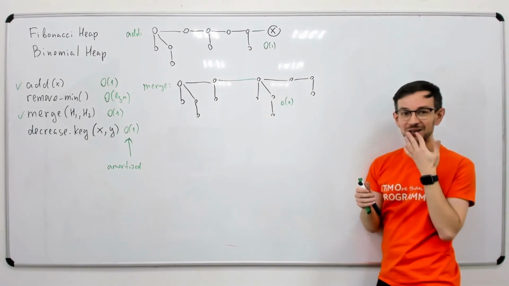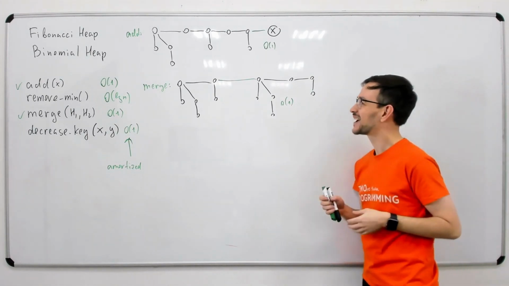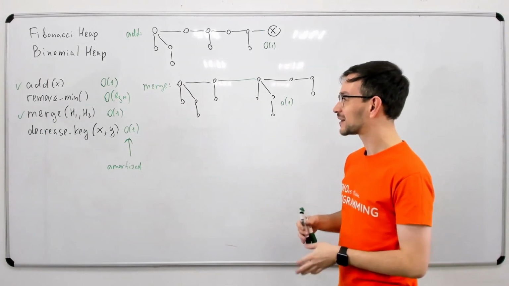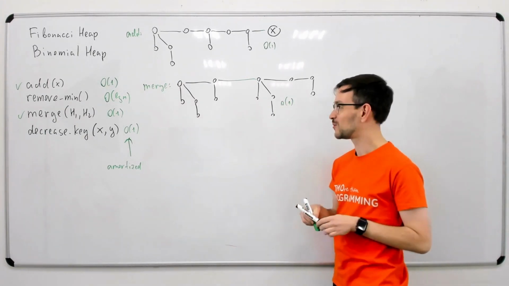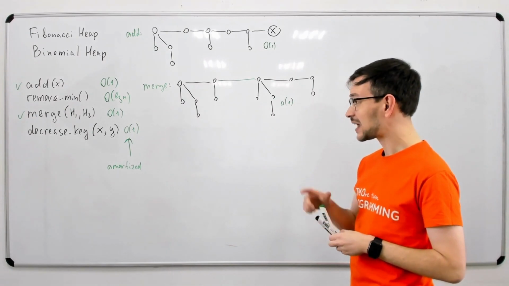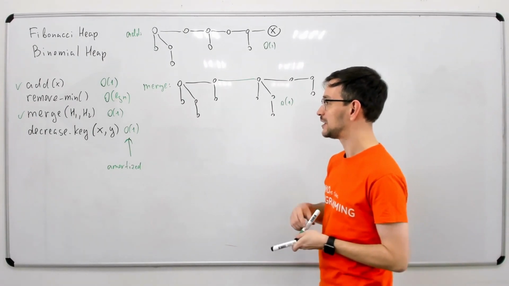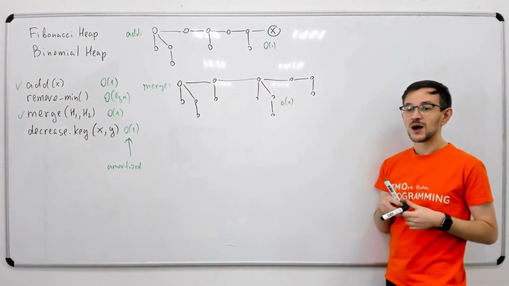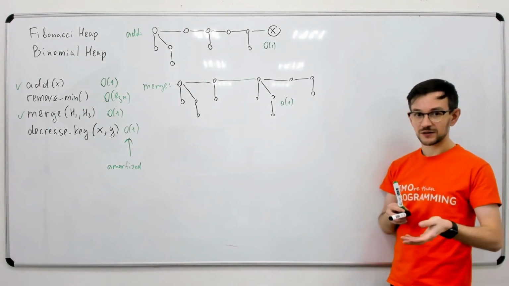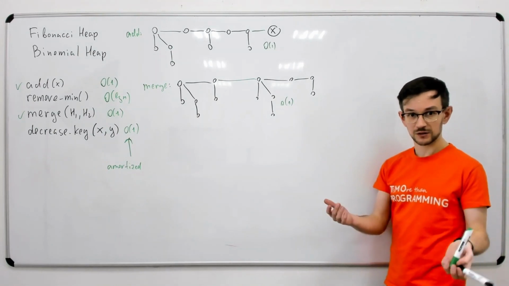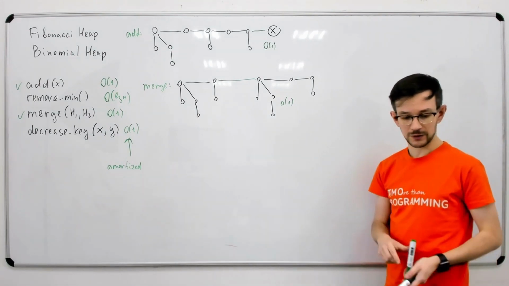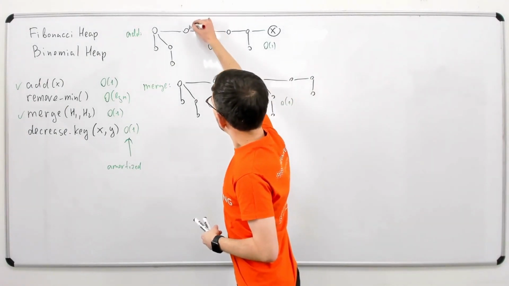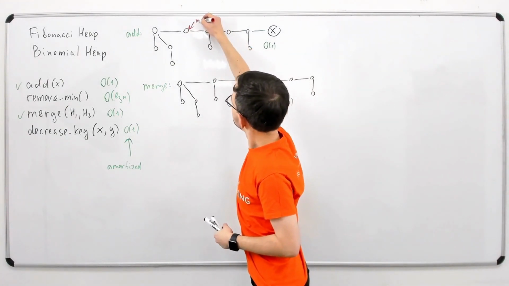And now finally we need to pay for this, because this all was very interesting, very cool, but at some point we will need to pay. When do we need to pay? When we need to remove the minimal element. So what happens when you remove the minimal element? First, how to find the minimal element? Let's have a pointer to the minimal element. So each time we have a pointer to the minimal element,